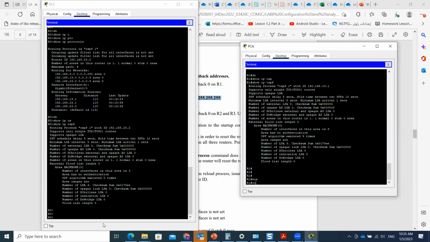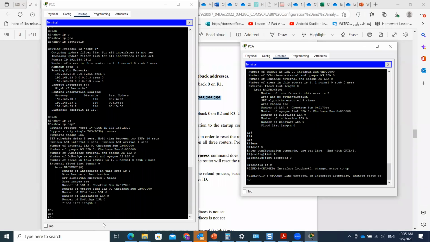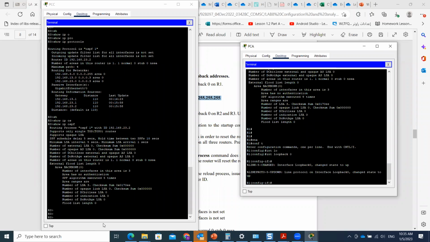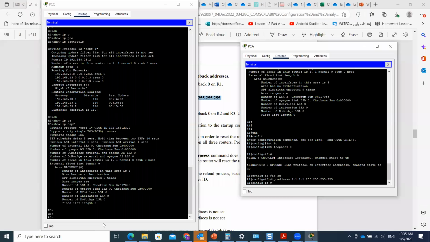Enable, configure terminal. Interface, it is a logical interface, guys. Interface Loopback 0. It will be automatically created and activated because it is logical. The IP address 1.1.1.1. Sorry, I should put the ip address command first, then 1.1.1.1 space 255.255.255.255. No need to put no shutdown because it is already activated when you create it, as it is a logical interface. I will put here